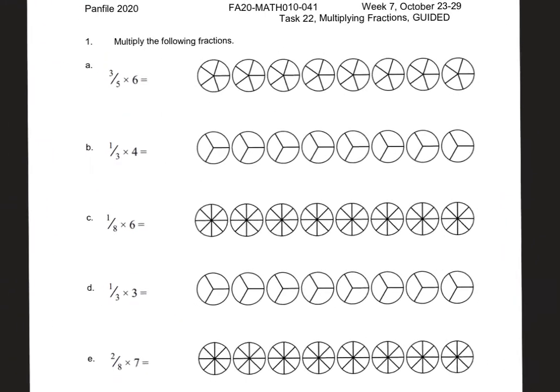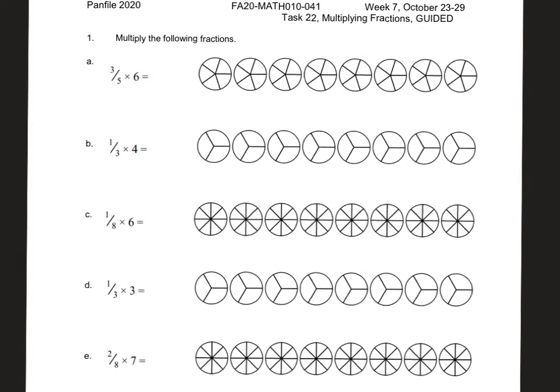Let's get started. So we're going to start with the visual representation of these. We have 3/5 and we're going to multiply it by 6. Now, we're going to do the first one two ways, and then the rest we'll just do one way. So if we look at the first way of doing this, on each one, we have 3/5. And if we color that on the first one, and then we do it 6 times,